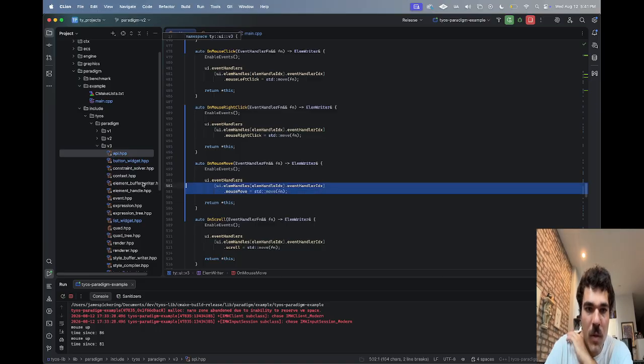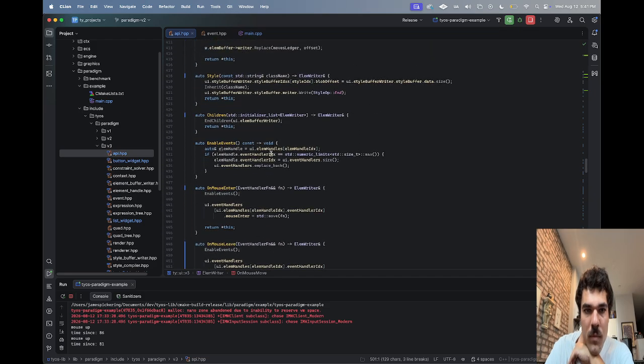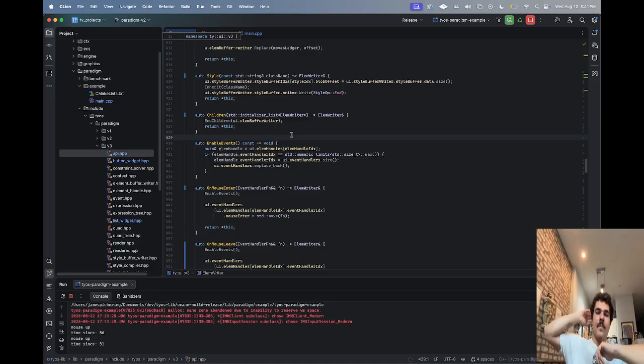This is one singular line. I mean, enable events could potentially be taken out and put into something else, but